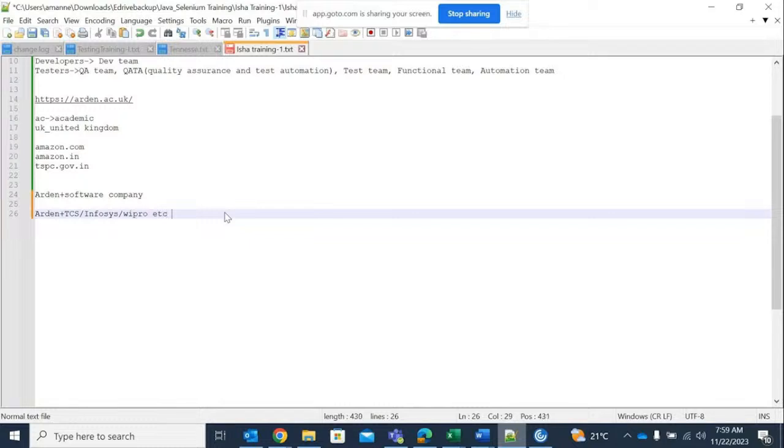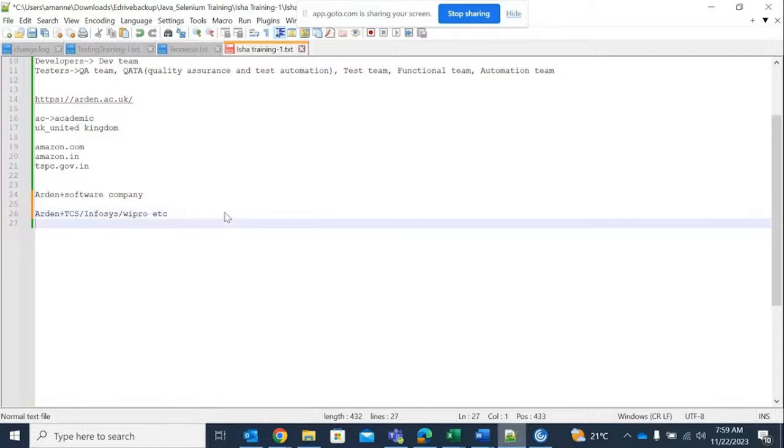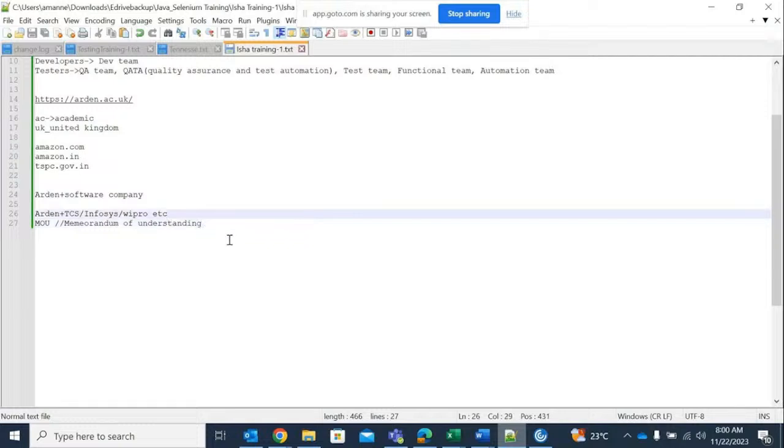So they will make an MOU with those software companies. Is anyone aware of MOU? It's a kind of memorandum of understanding. It is a kind of legal agreement between these two parties, guys. So Arden people will tie up with a certain software company. Let's say Arden has made an MOU with TCS. That means TCS people have to